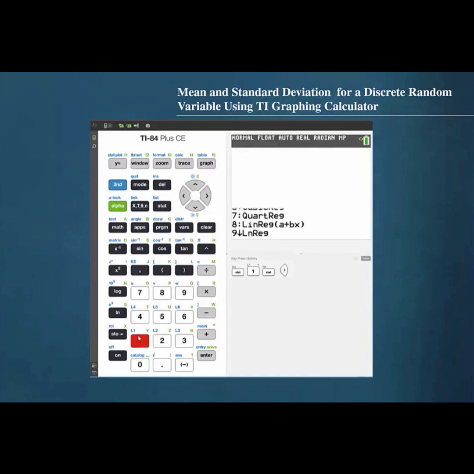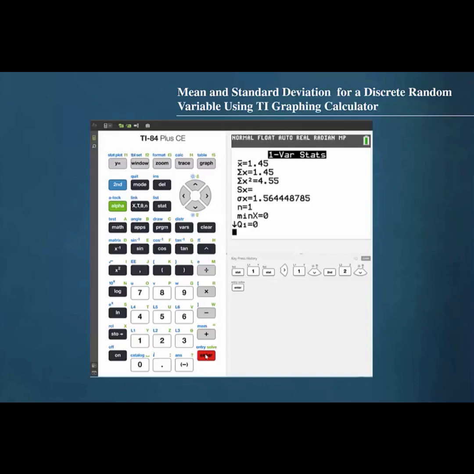Then press 1 for the one variable statistics. We entered the values of the random variable into list 1, so we should press second 1 to specify this list, then cursor down. The frequency list is the list that contains the corresponding probabilities. We entered those probabilities into list 2, so press second, then 2. Cursor down again to highlight Calculate, then press Enter. The graphing calculator then gives us the mean as 1.45 and the standard deviation is